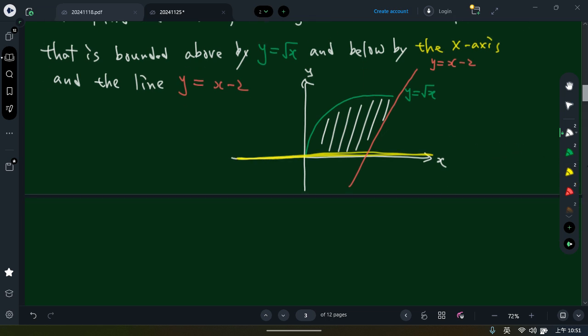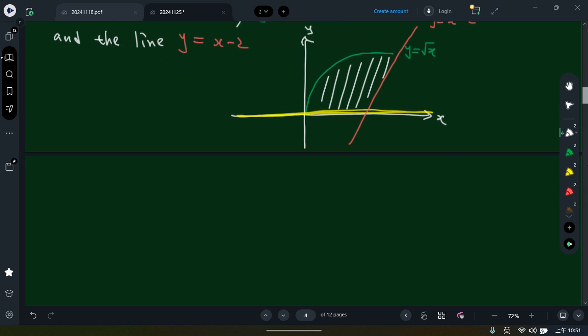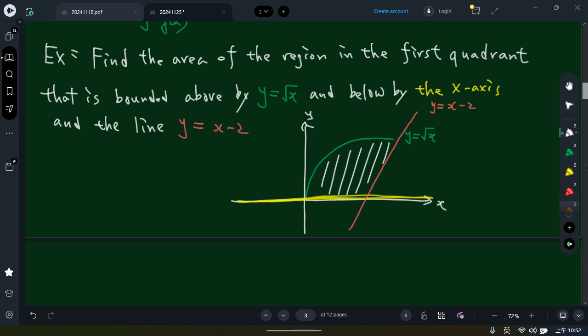Also, an important thing you need to remember is to get these 3 points, because there are 3 curves, so there are also 3 intersections, right? For this one, how can you get it? You can simply use y is equal to square root of x,